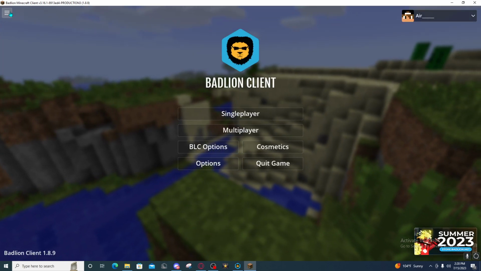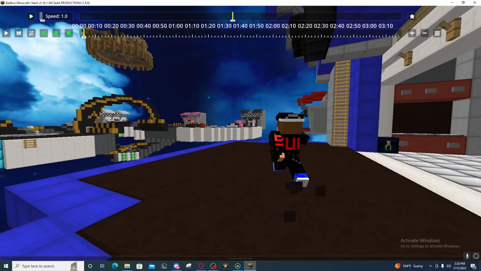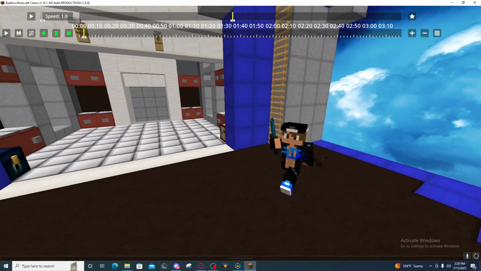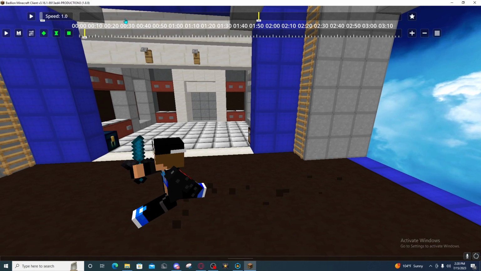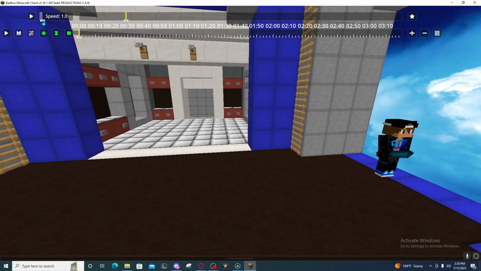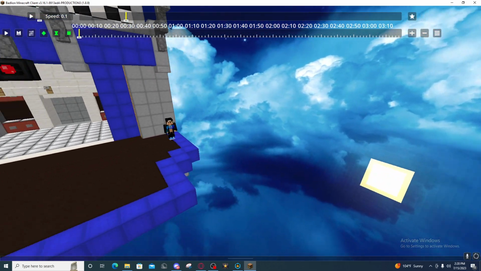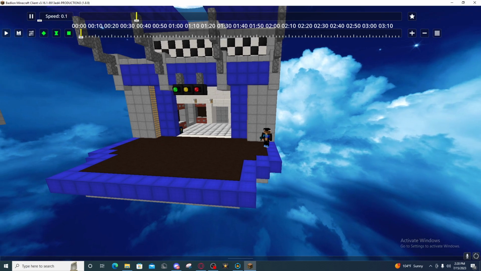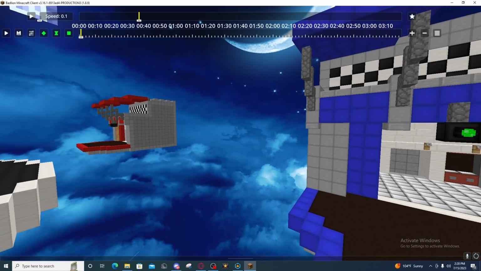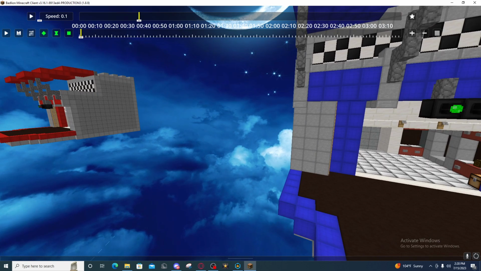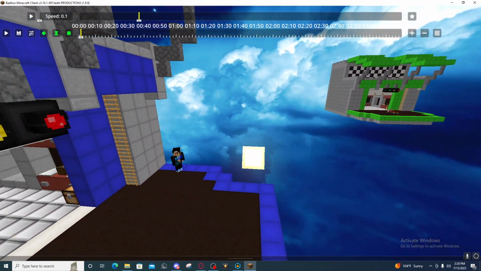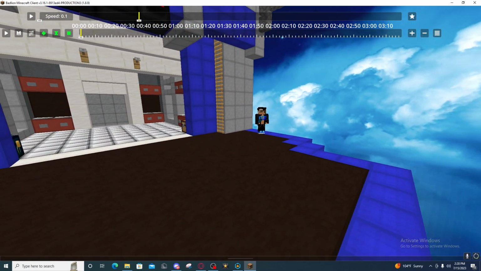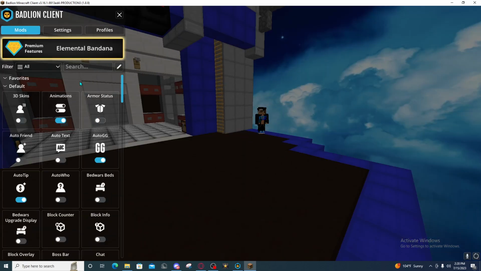The main thing is when you actually go into your replays. So here, if we go into the replay, this is the main bit you want to edit. Right here, let me just go back a bit, put speed down. What I like to do is, for some videos, I'll turn the sky off, so then I can remove the sky and replace it with something else, just to make it easy. But for this, what I might just do is turn the sky